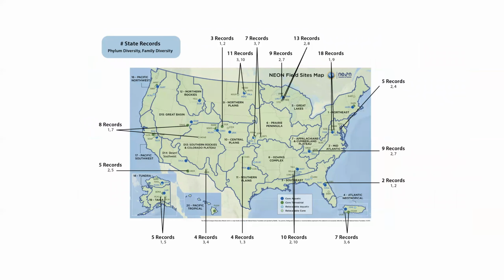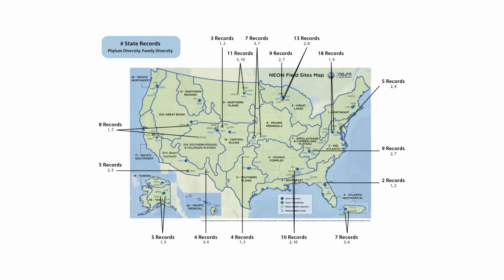But it's important to note that our methods will allow us to detect and monitor for non-native species, but it also allows us to detect and monitor for native species. And so, just a quick and dirty analysis, Cam went through and looked at each of the site lists to see how many family records. So these are state records where the family is not reported in the BISON Biodiversity database. So BISON has the non-native database, but they also have the distributional database for the United States.